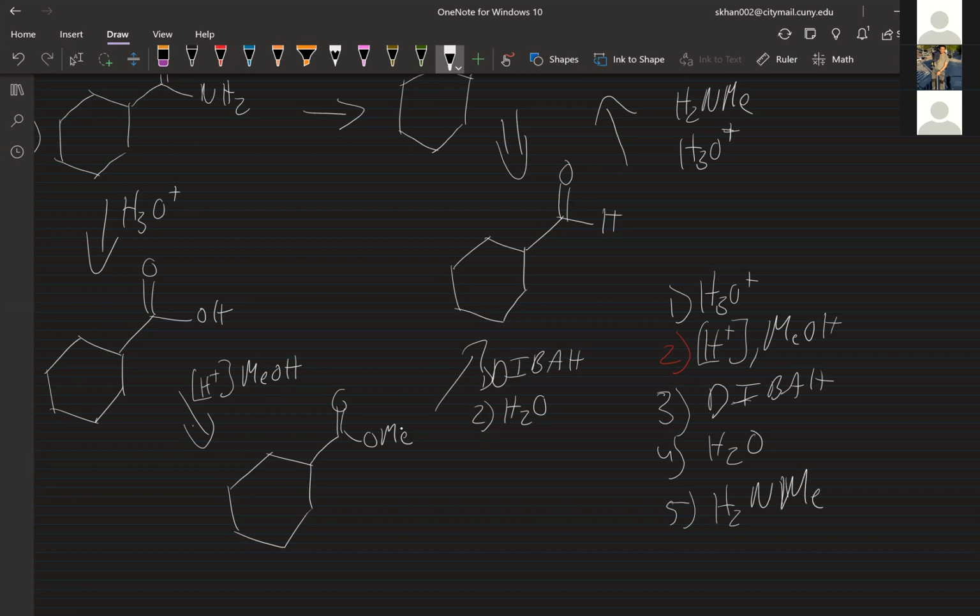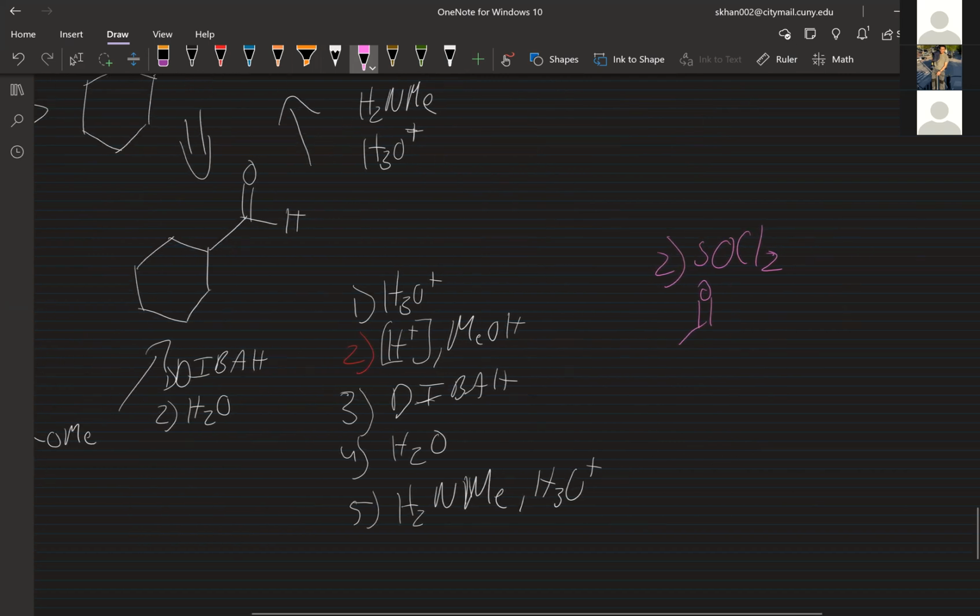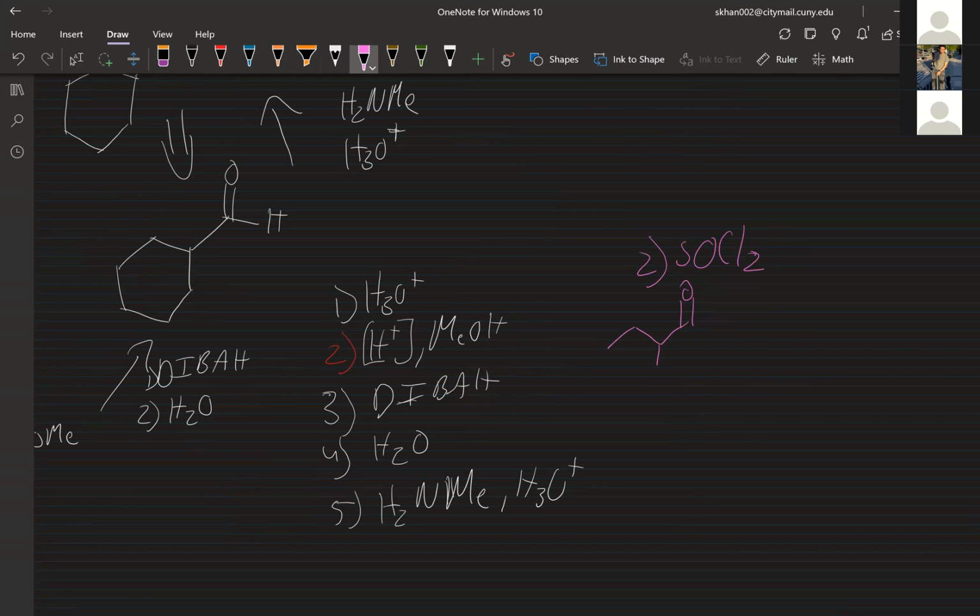So here, really at step 2, you could have done a different thing. Basically at step 2, let's say we went an orange pathway. It's orange, pink, right? We could have made an acyl chloride. So then you get this structure, the cyclohexane ring, right? So now how do you get from an acyl chloride to